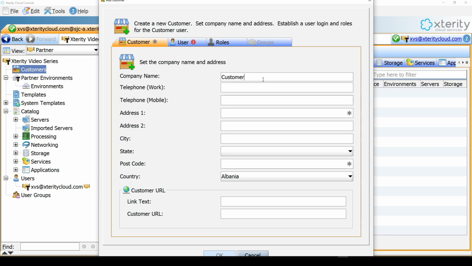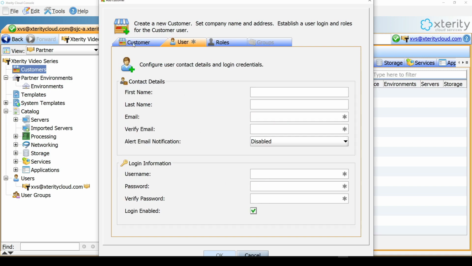So, customer alpha, whatever the customer's name is for the company, information about the telephone stuff, their address, what state and city, what their postcode is, what country they're in, and then if there's information about their customer URL and a link text, you can put that there. And then you have to create a customer account. So you want to fill out anything with a star here is required. So you want to fill out a customer name,